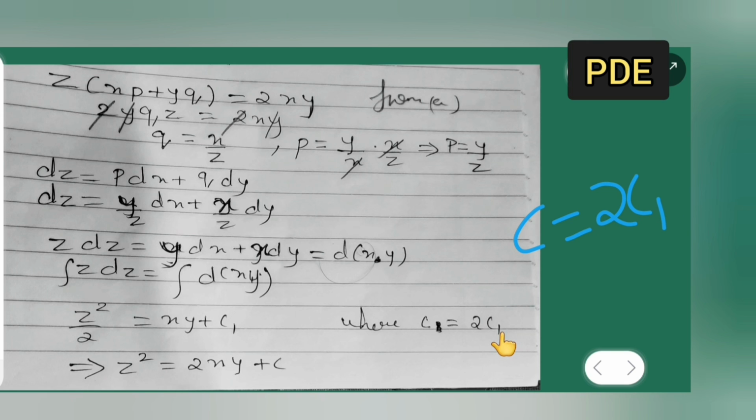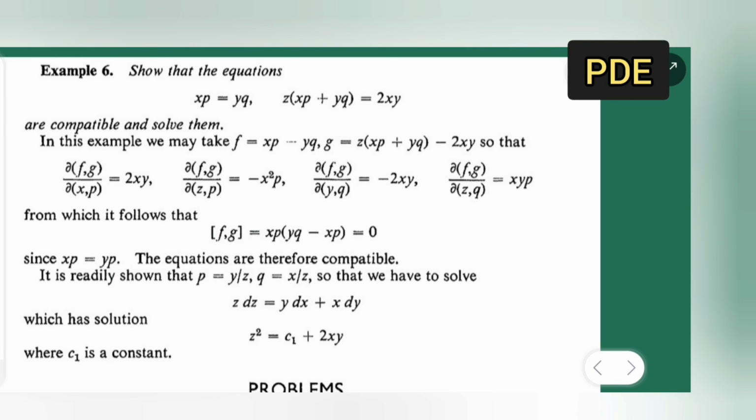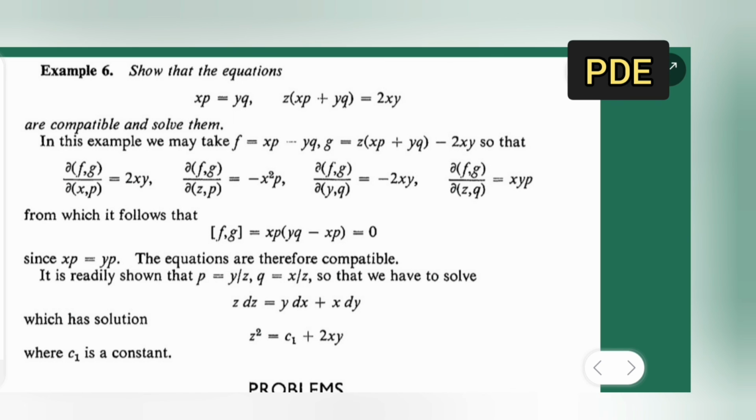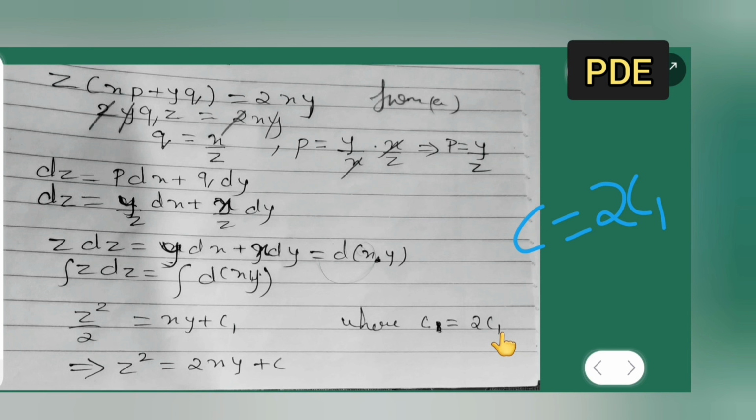So actually this is an example from the textbook. This is the textbook exercise. They have not given every step which I have solved already for you all, okay? And this is the Jacobian, the condition for two equations to be compatible, okay? I hope you all have understood today's lecture, because the lecture ends over here. The problem, whatever I gave you, ends over here. And I hope you all have understood today's lecture, and thanks for watching.